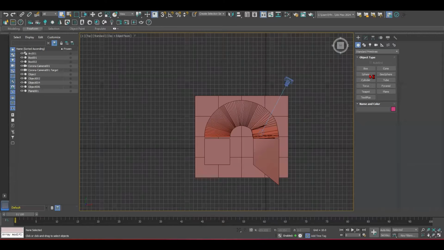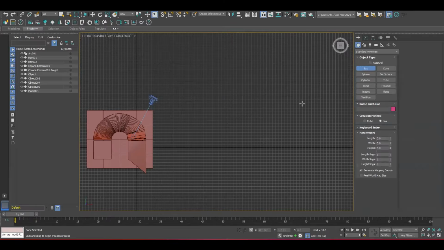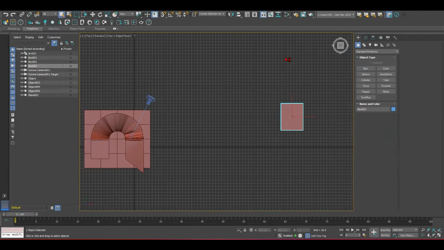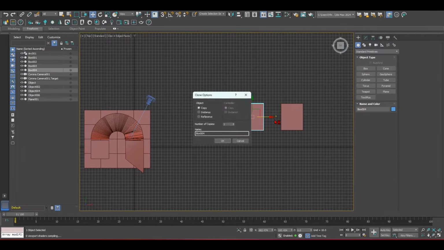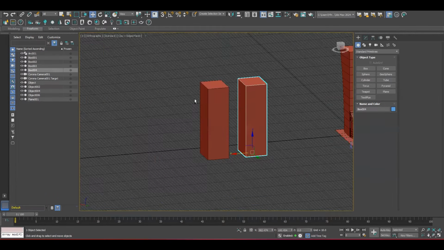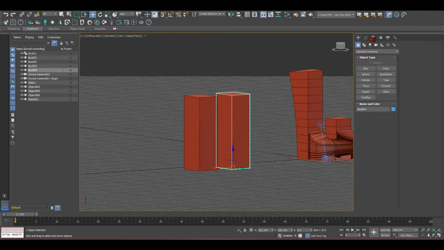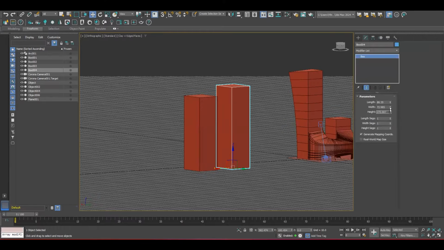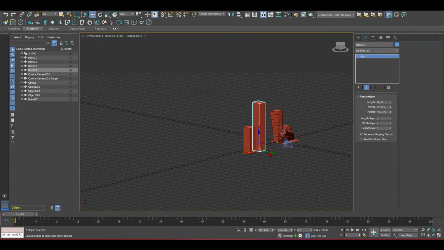So we will start with having the two tower boxes. One of them is taller than the other, and we simply can change the height of this one.